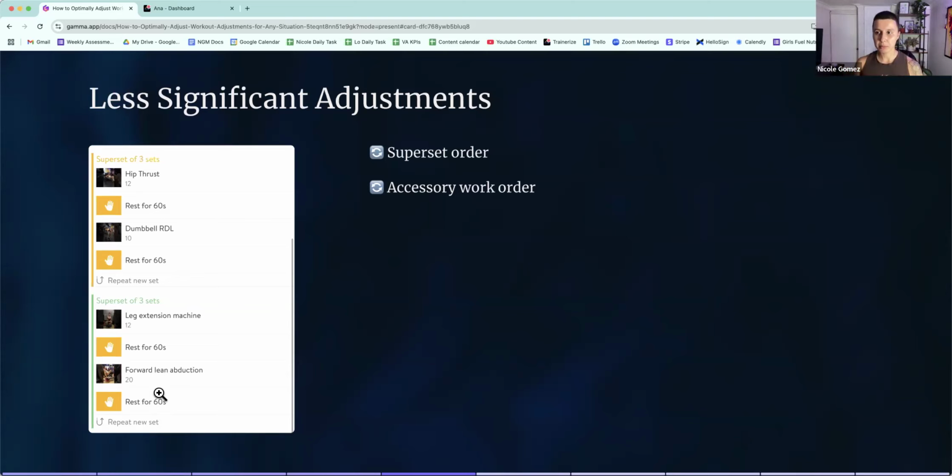So I've passed my main lift, and then there's two supersets after. If it makes sense to swap these two and then still have those two and two, that is 100% okay.